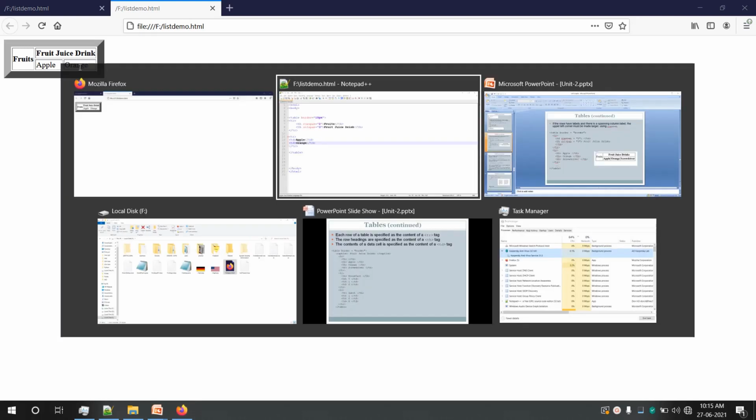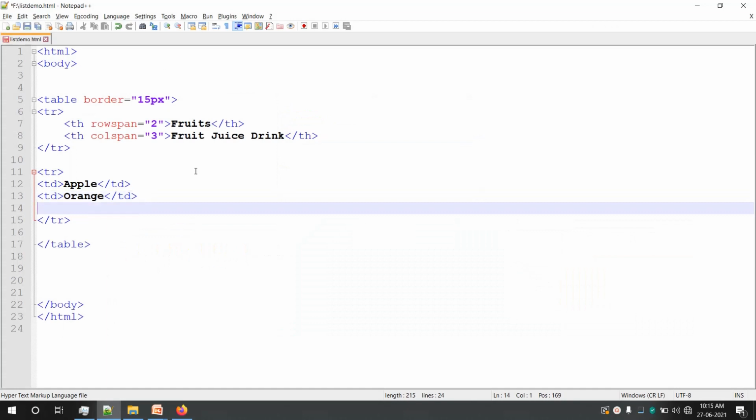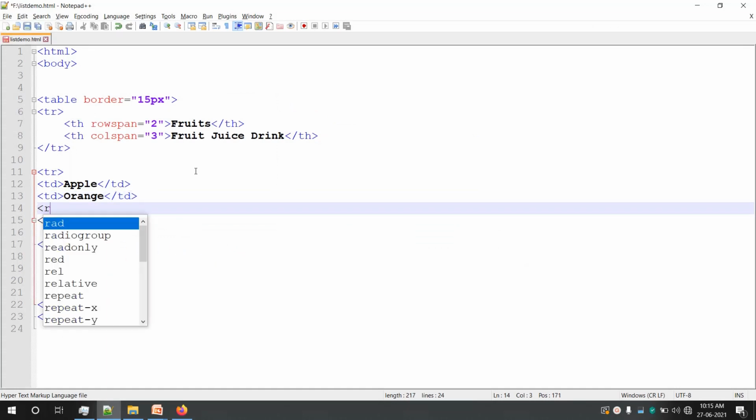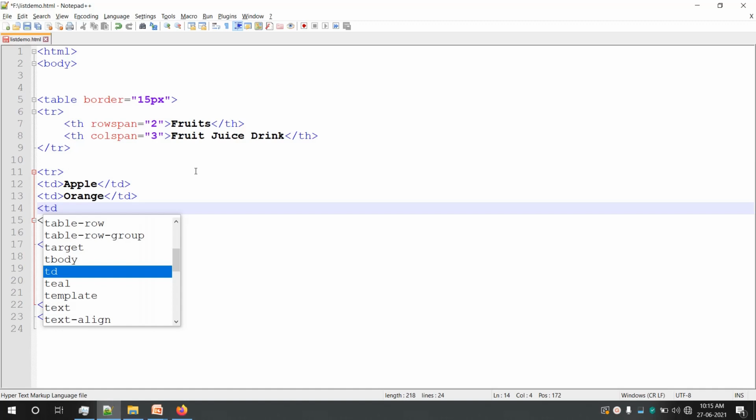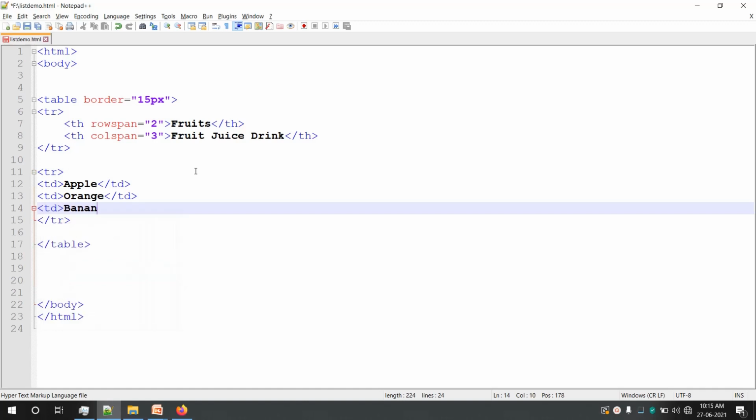Now you can see we have apple and orange in the second row. I will add one more to it. I'll say TD banana, close TD.